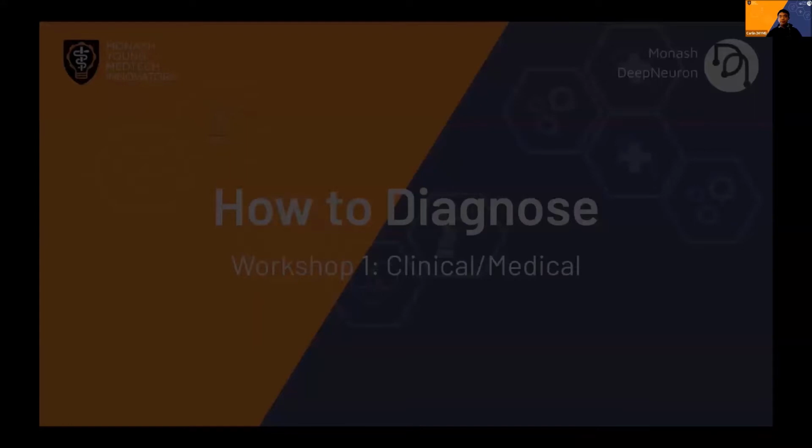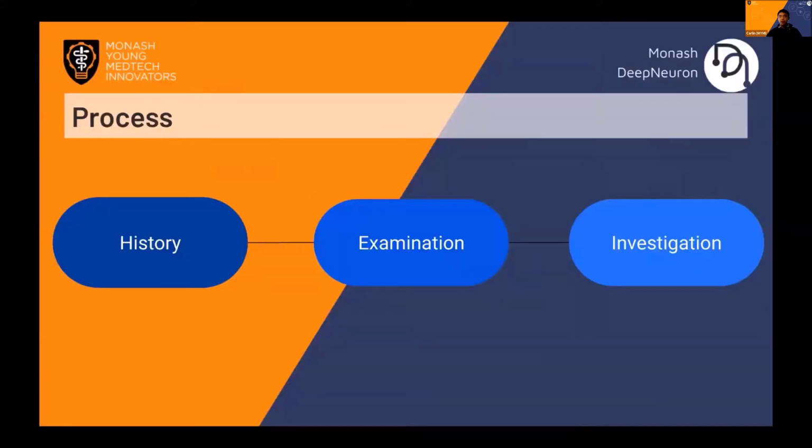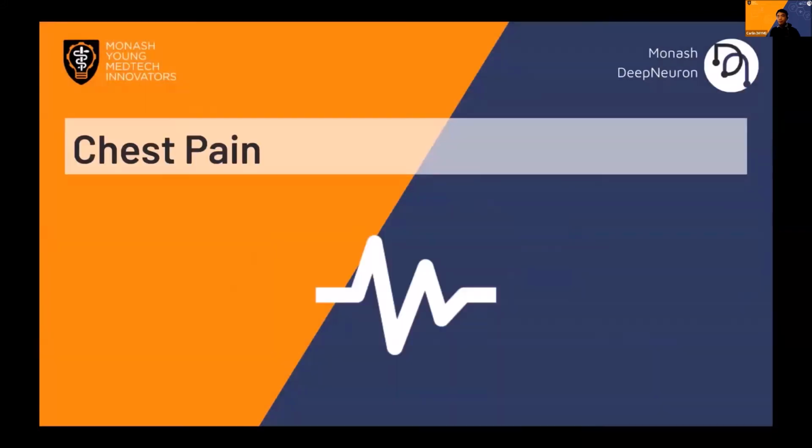In terms of the steps that the doctors go through, first they take the history, so talk to the patient. Then they conduct an examination to look for any signs of what the illness might be. They then use that information to come up with a list of differential diagnosis, so all the possibilities of the illnesses that they may have. They then conduct investigations to rule in or rule out the list of differentials that they have made, and this is the process I'll be going through. I'll be using chest pain as an example to go through this process.